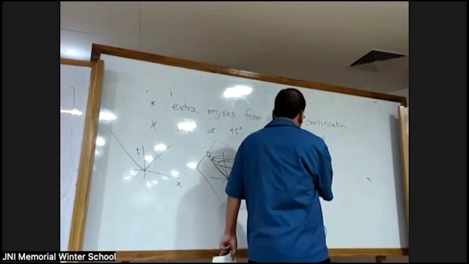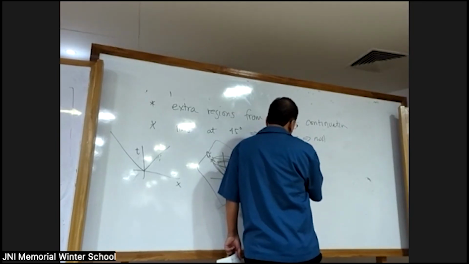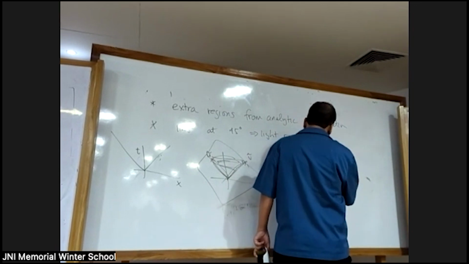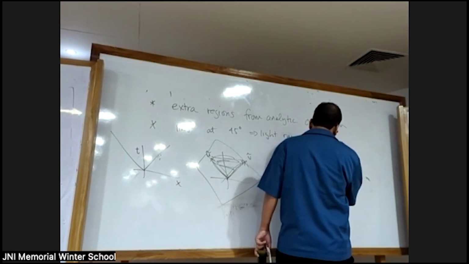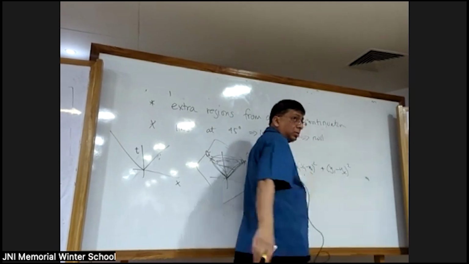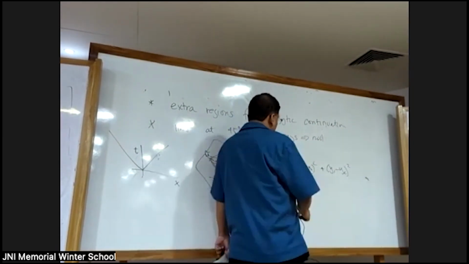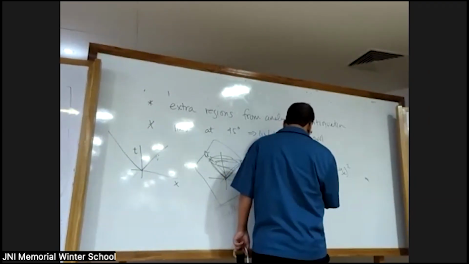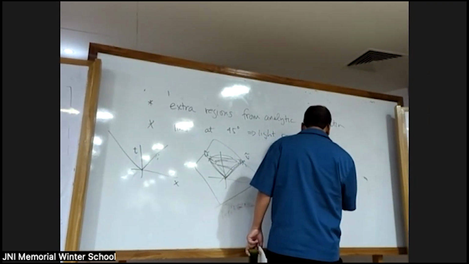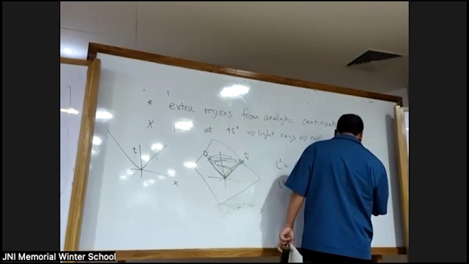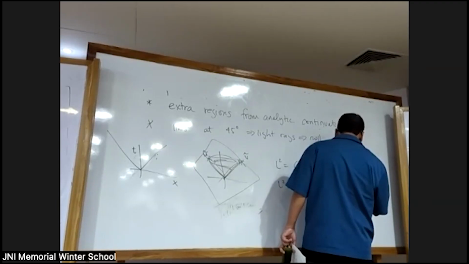You know how your distance L squared is X1 minus X2 squared plus Y1 minus Y2 squared. Now if I say L squared is equal to lambda squared times X tilde 1 minus X tilde 2 squared plus Y tilde 1 minus Y tilde 2 squared,